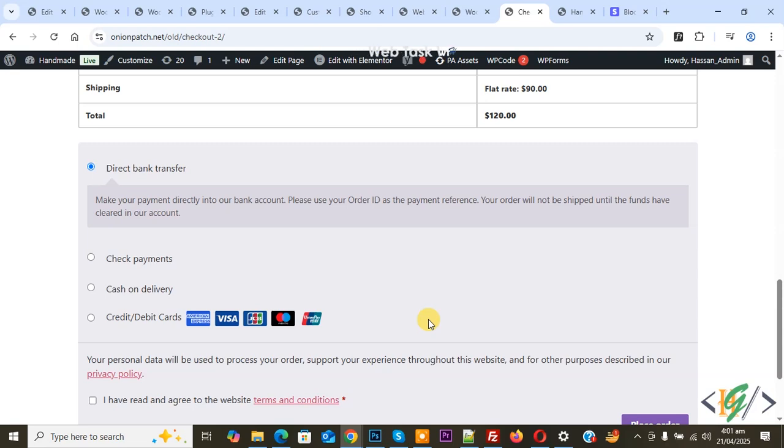Bismillahirrahmanirrahim. Assalamu alaikum. My name is Hassan and today we are going to remove credit card icons on the checkout page